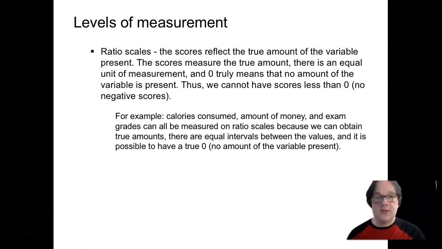The amount of money that you have. You might be broke, have 0 money. Exam grades, all of these things can be measured on ratio scales because they obtain the true amount. There are equal intervals between the variables, and it's possible to have a true zero, meaning a complete absence of